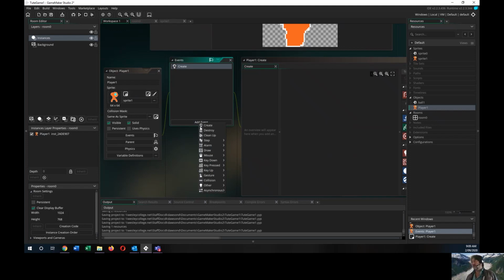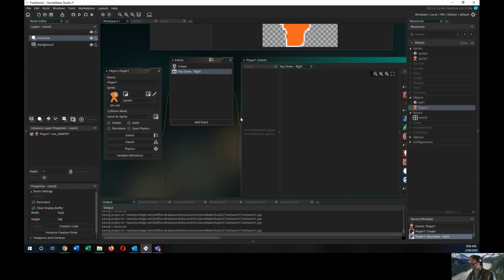We're going to use a key down event, and if we go and make a key down event for the key down right, now key down right should move it across the screen to the right. Now what that means is that we need to